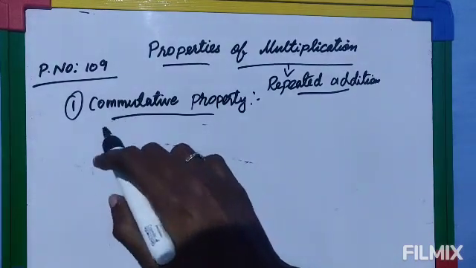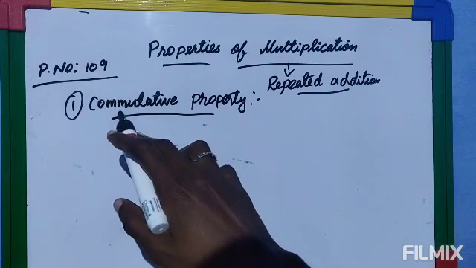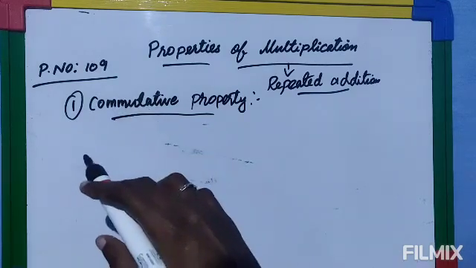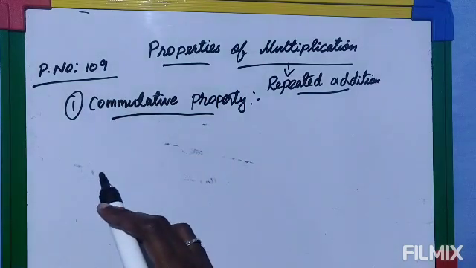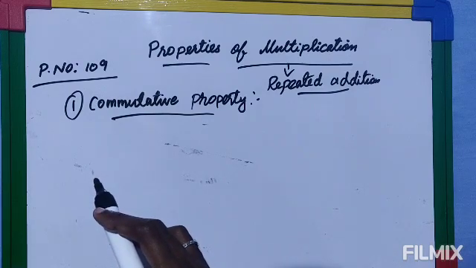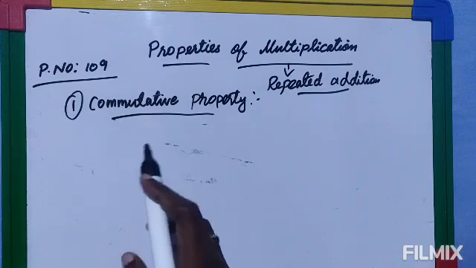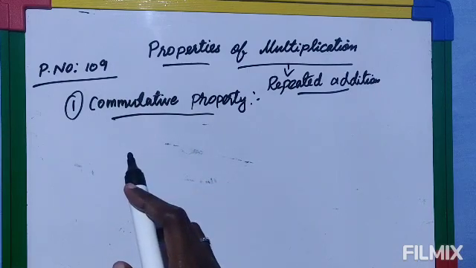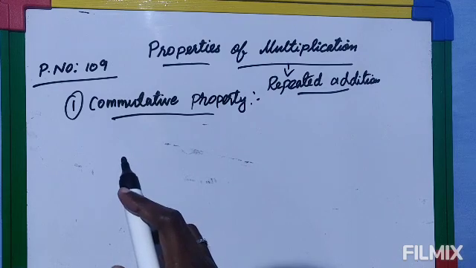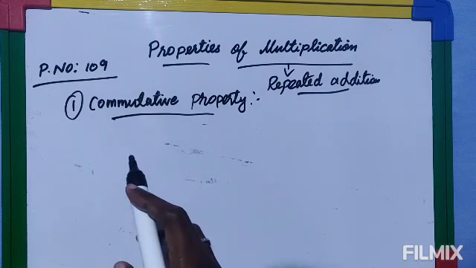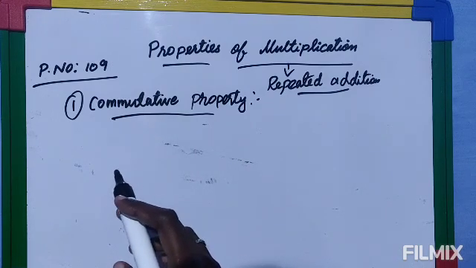Commutative, I gave you also some clue. Commutative, communication. If you want to communicate, one person alone cannot communicate. Communicate means just speaking to someone, so you need at least two persons. So this is called commutative. You remember, communication needs two persons. So here, two numbers. Commutative property means there will be two numbers.